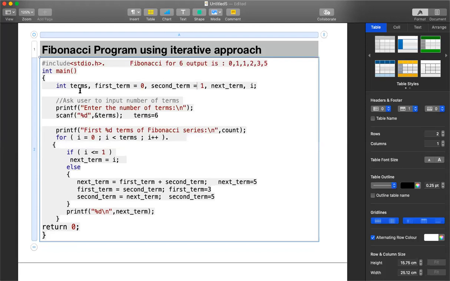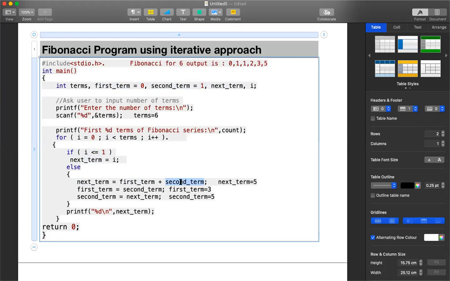So that is the reason we handle the first two numbers separately. This condition is going to check and generate only the first two numbers. That is why it checks for less than or equal to 1. That means 0 is less than or equal to 1, and 1 is less than or equal to 1. It will generate these two numbers. Once these two numbers are generated, from the next number we need to calculate the next term. Next term will always be the sum of the previous two numbers, first plus second.